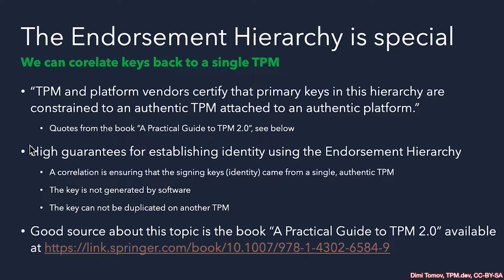Now, we need high guarantees to be able to establish an identity in our system and throughout our systems. For this, we need to establish some kind of correlation between the identity of the TPM and the machine identity that we need to create. This is possible because if we use the same endorsement seed, we can generate the same primary key. And if we follow the TCG specifications, we can establish a reproducible identity that is bound to the TPM. And by verifying the TPM is authentic, we can then establish that the identity is authentic.